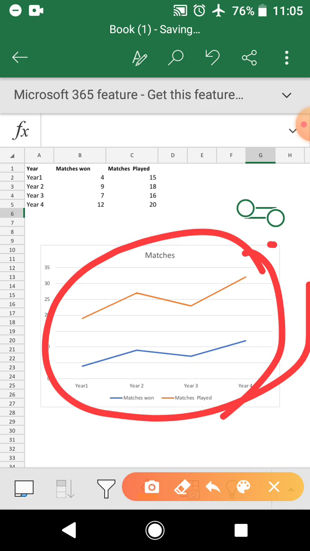It's not that other charts can't do the job, but it is much simpler and easier to understand that change over a period of time through the line chart.